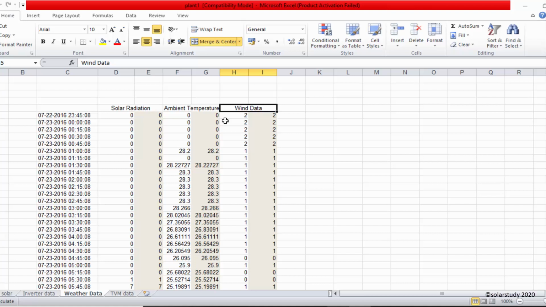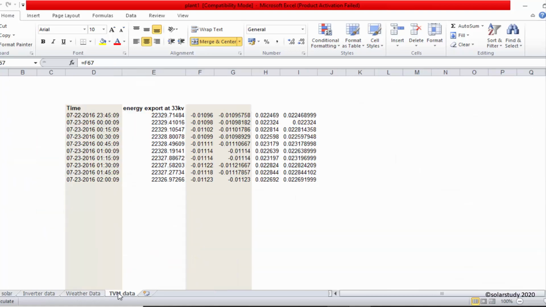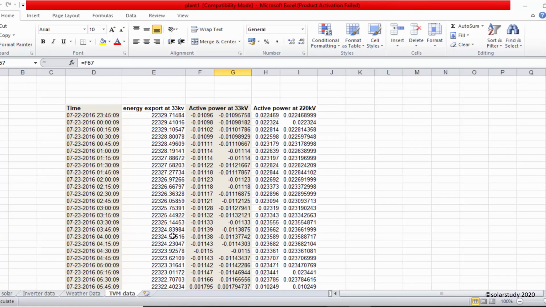We only have to download the SCADA data from the data acquisition system. This is the interface from one of the companies. They have put the data in this format. Sheet 1 contains the entire solar data, the first one is specifically inverter data, the second one is the weather data, and the third one is the TVM. This is a net export and import.